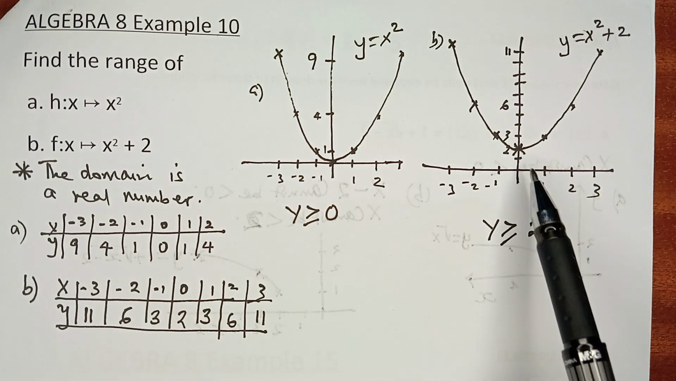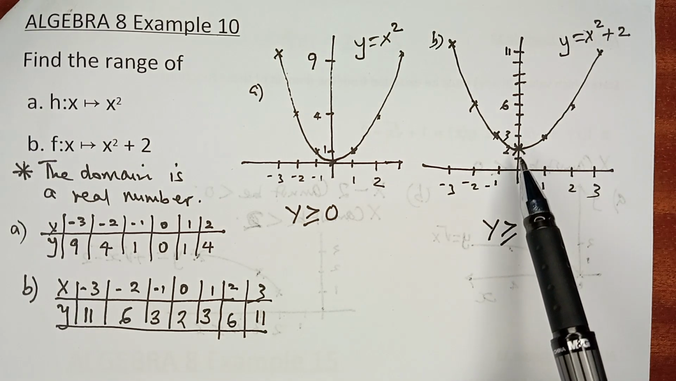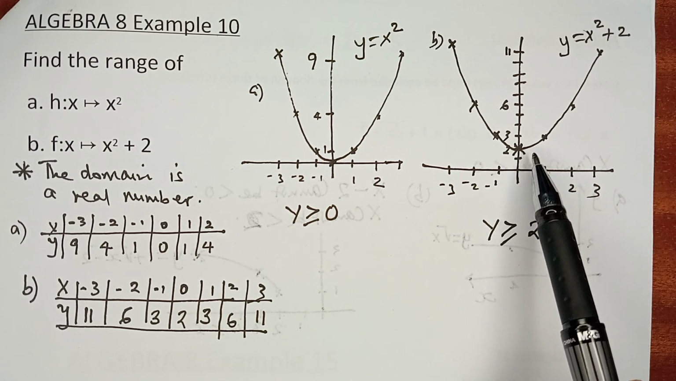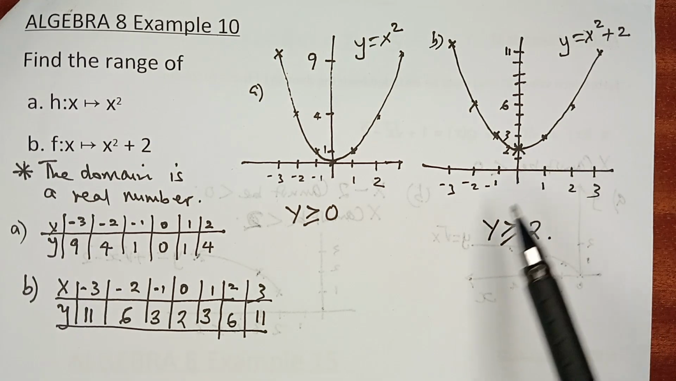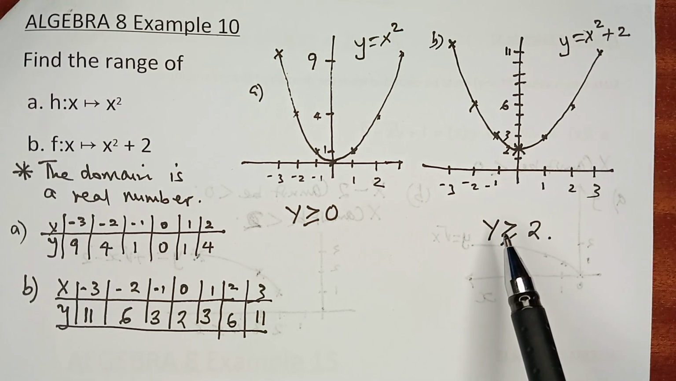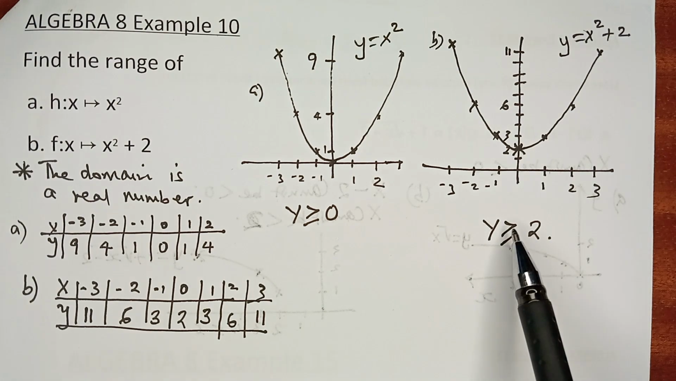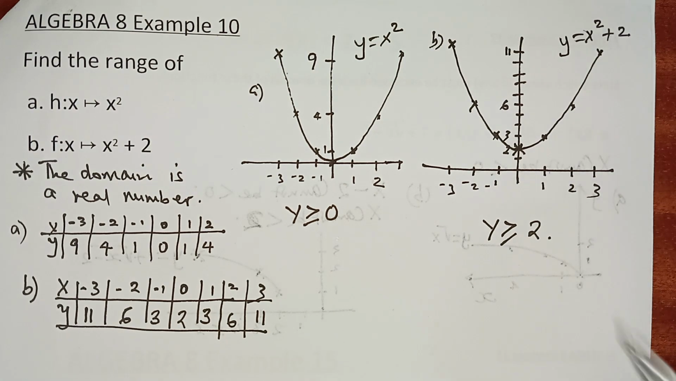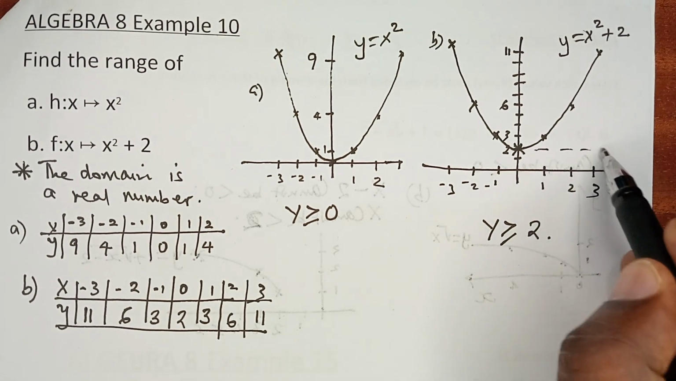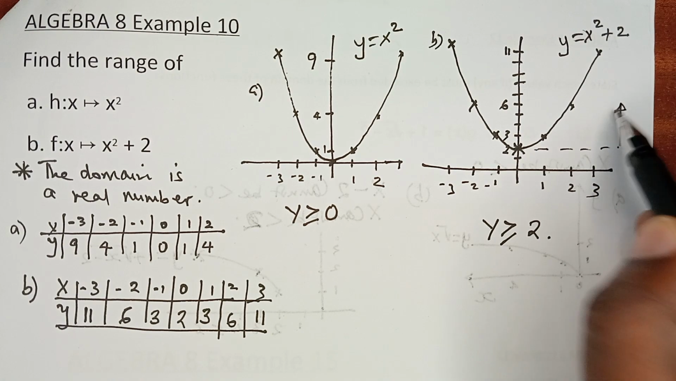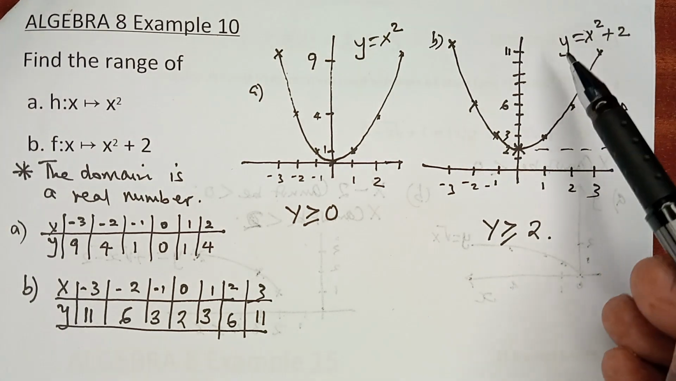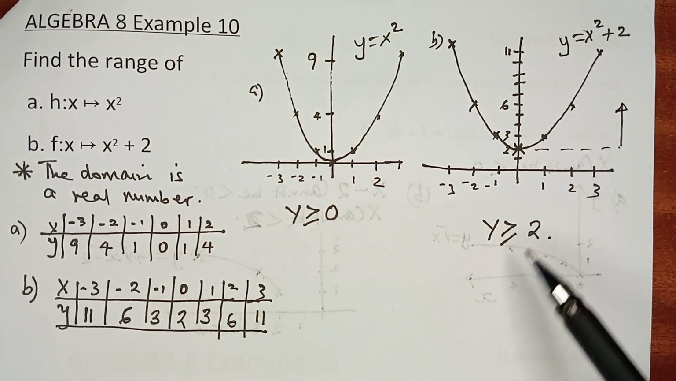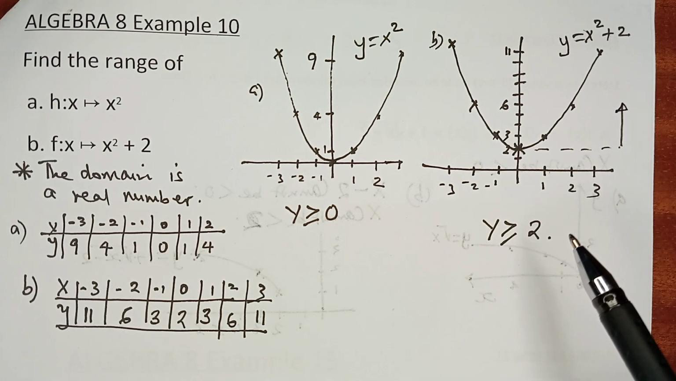So the coordinate (0, 2) becomes the turning point. This graph does not drop to the origin. It turns at the point (0, 2), and therefore the range of this function is y is greater than or equal to 2. The values of y will always start from here moving upwards, because the graph itself is y equals x squared plus 2. It is a case of addition outside,